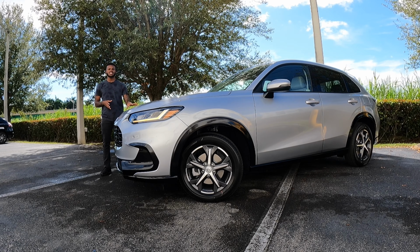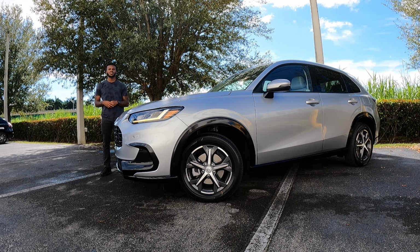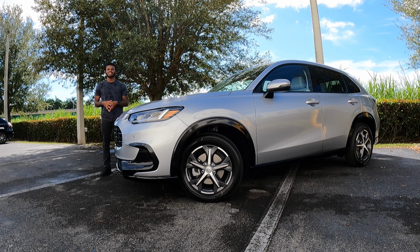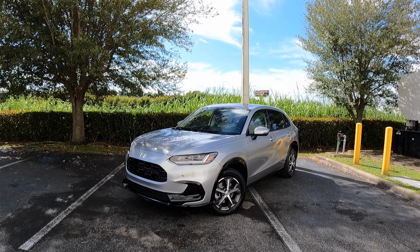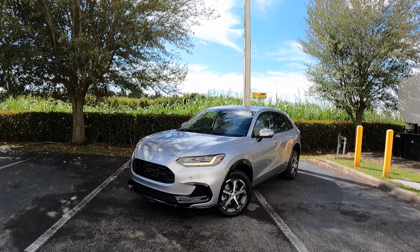But let's talk about pricing here for the EXL. Starting price is at $27,450. This one stickers for $28,695. Looking at the exterior styling here for the 2023 Honda HR-V, this is the EXL trim, so it's the